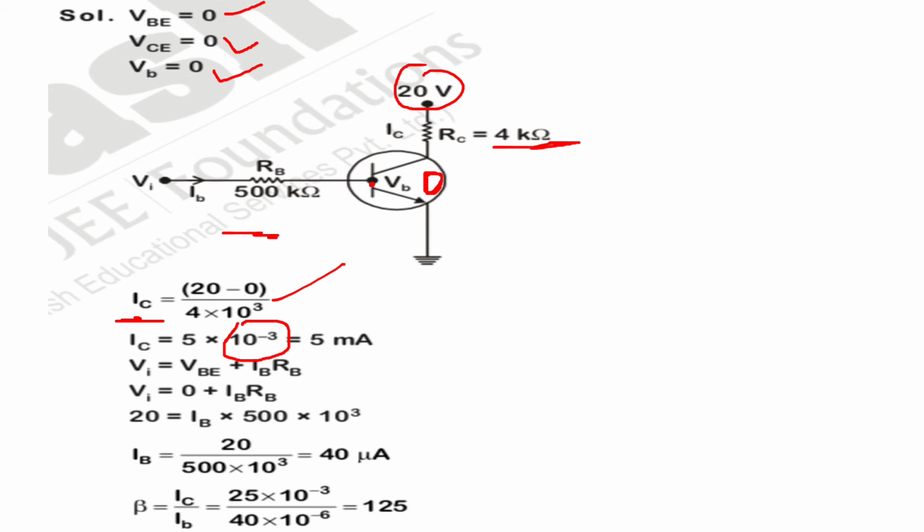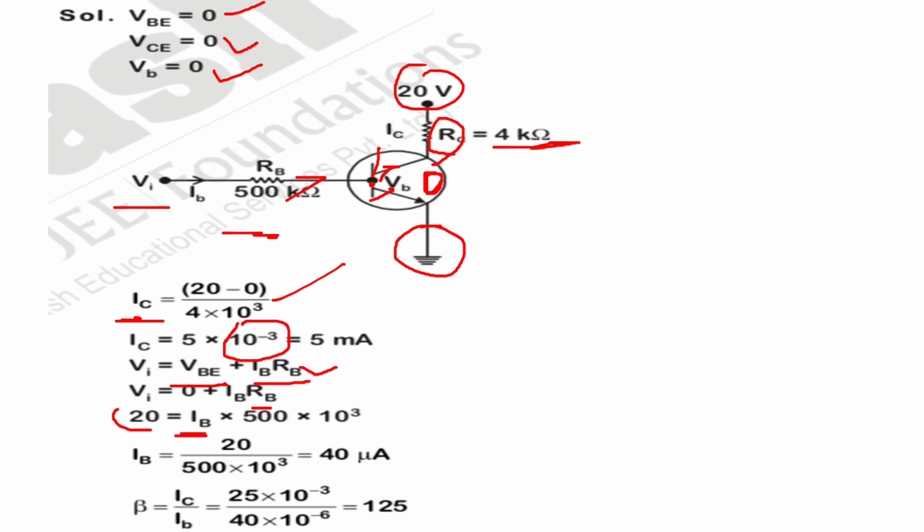So now we have to find the VI, so VI will be equals to VBE plus IBRB equals to IR, right? That's why, okay, means the current is going from there, that's why the IC, RC, this will be the C point and this will be the B point, so the current will be in both directions, that's why we are doing addition, and the B point is grounded, this is grounded, that's why VBE is 0, okay, and IBRB, we know that the value of RB, and we will find the value of IB, okay,